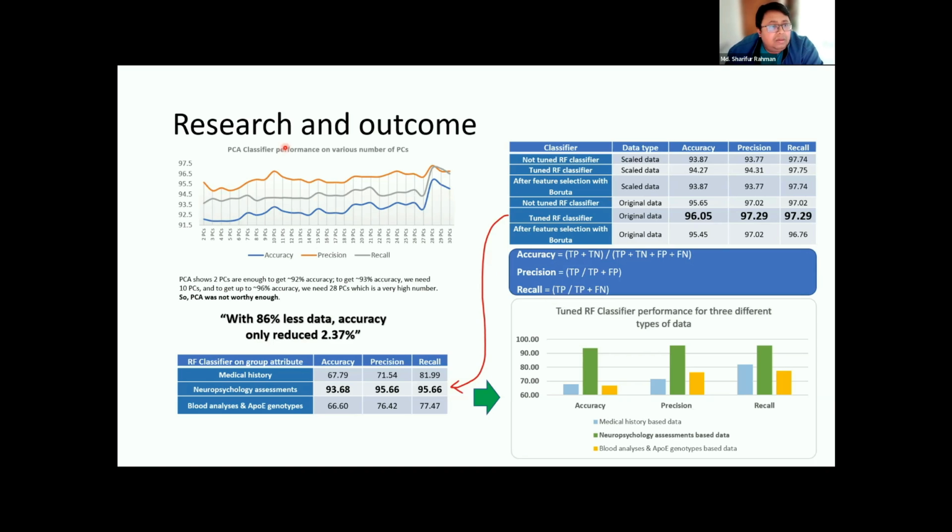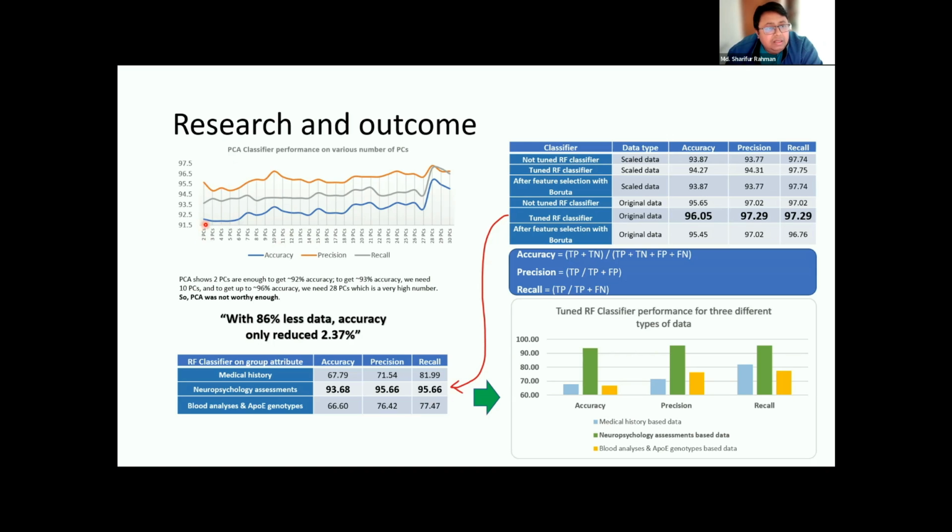So we can see this graph. We also did the PCA, or principal component analysis, with all the 30 features. Here is the result. If you see, the accuracy is the blue line. With only 2 principal components we could get up to